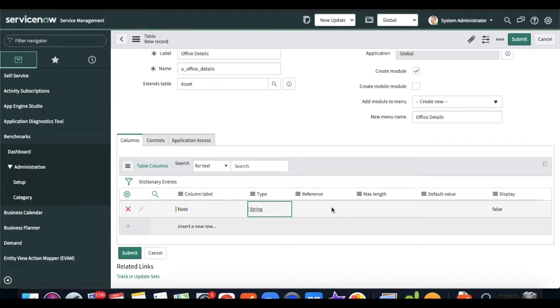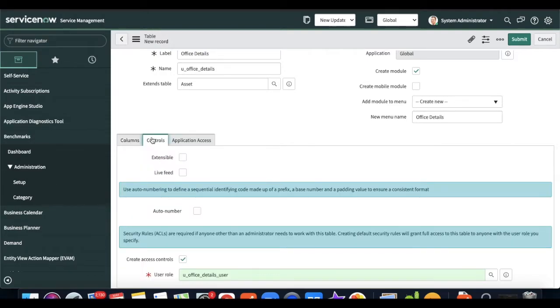So I'm going to create a string field, and the string should have a maximum limit of maybe 100, or no, should be 1000. Okay, so this is the first column of the table. You can create as many fields as you want. I am not going to create many fields. In the next steps you have controls. Okay, in the control,